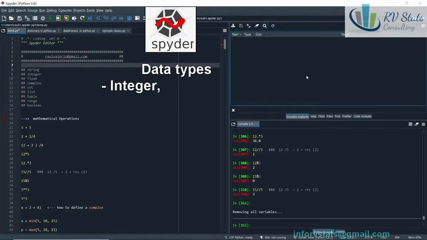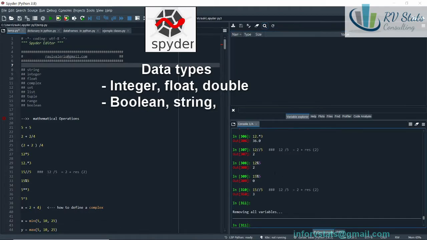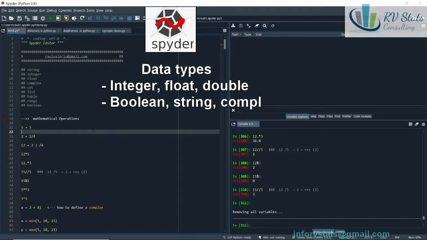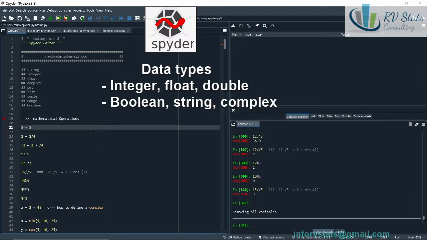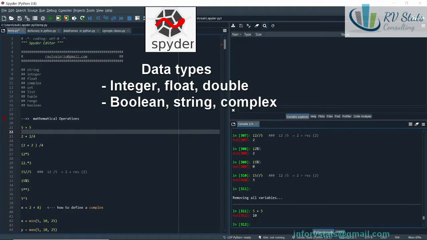Here we will have the variable explorer, and here the Python console, where we can perform all the operations we have done so far, like the operations in the Jupyter notebook or in the Python console. Okay, here are different operations we can perform in Python. 5 plus 5: we press this button, or we select the line, or we just stay on the line we want, line 21 in this case, press F9, and we can perform 5